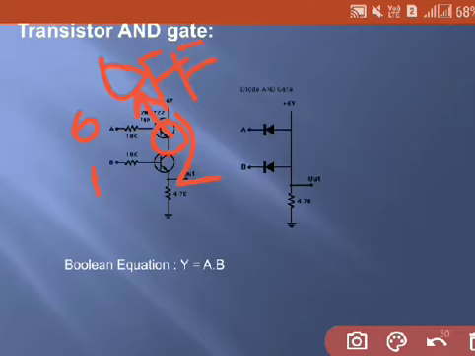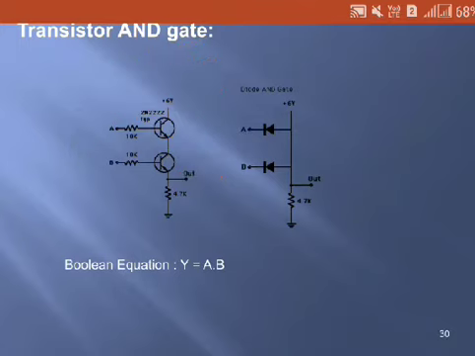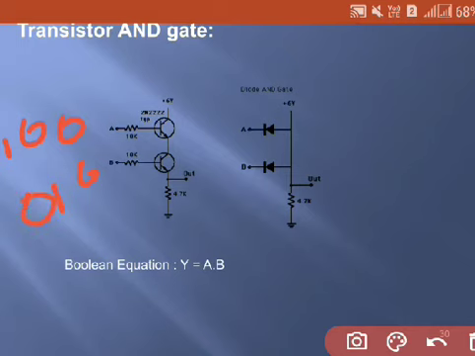That means you can treat the transistor as an open switch, so that there is no connection between output and VCC, and output is connected to ground. So for the 0 0, 0 1, and 1 0 combinations, any one of the transistors will be off, and for the 0 0 combination both the transistors are off. You can treat those transistors as open switches, and in all three combinations the output is connected to ground, and that is nothing but 0.